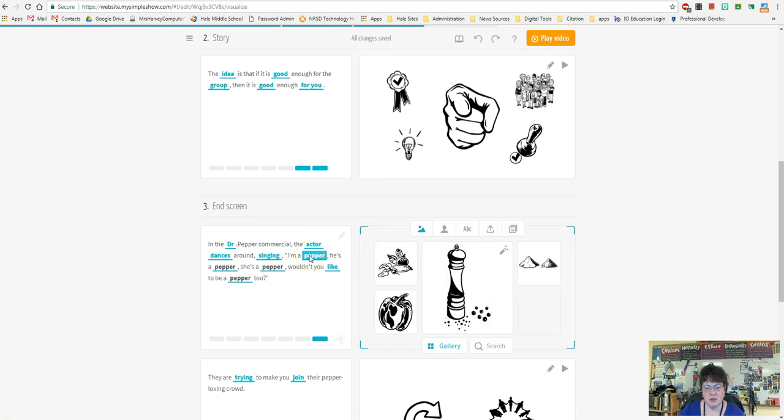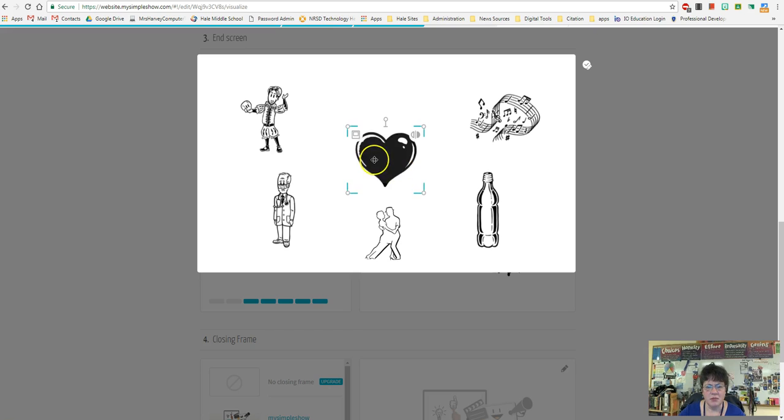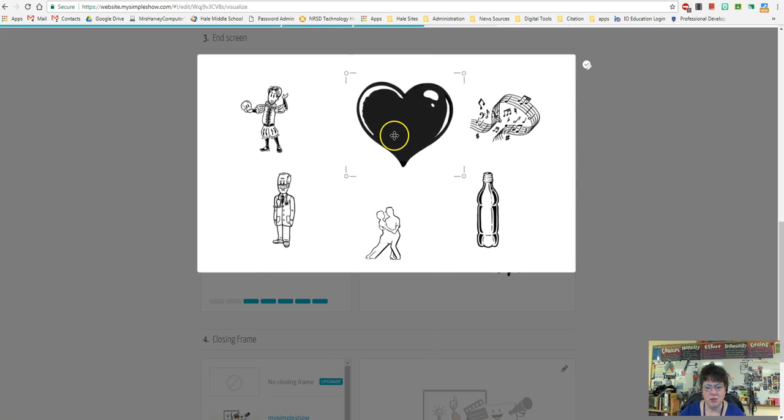I don't really want peppers here, so what I'm going to do is, since it's a drink, I'm going to put in and see if I can get something that looks more like a soda. Now I can have up to 7 images, so if I can find something else to add, maybe make it a little bit better. And let's see, we've got